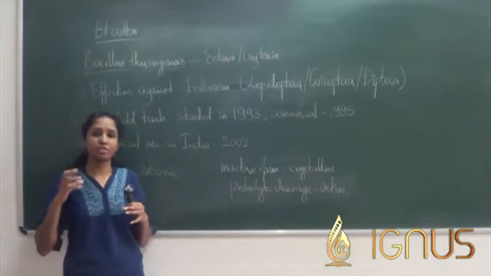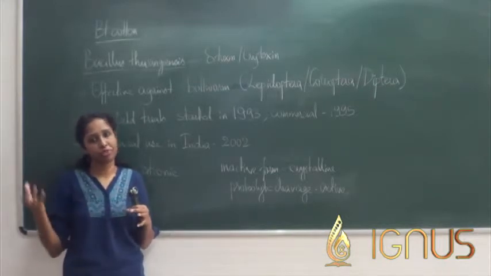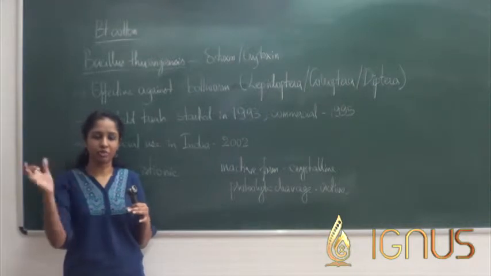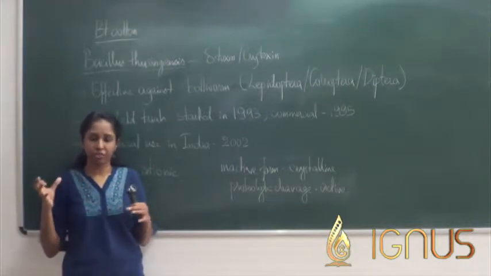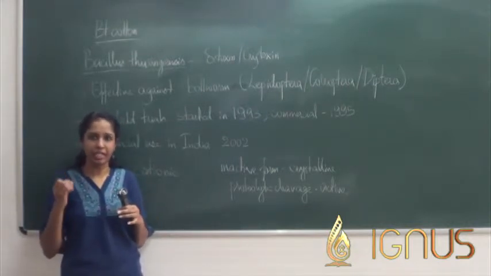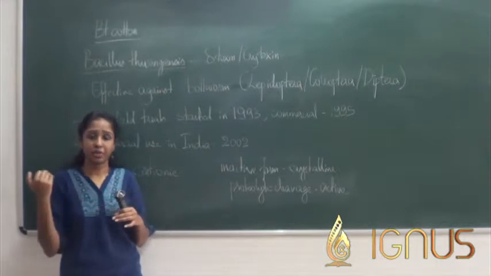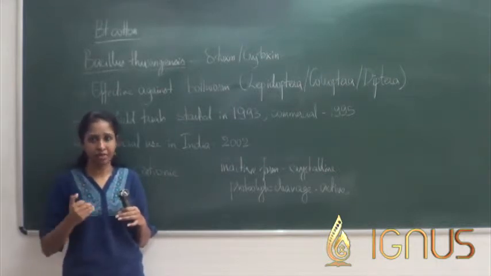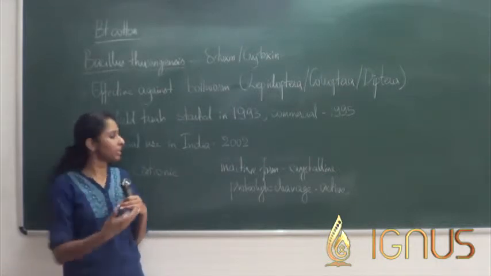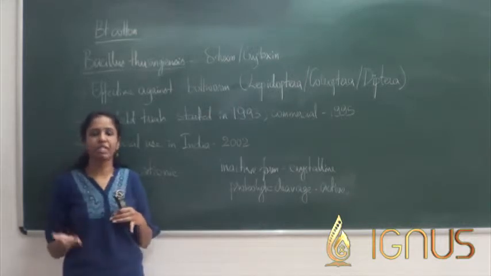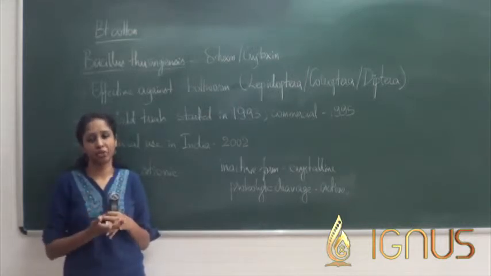So the toxin is going to be produced in the foliage portion of the cotton plant. So all of the leaves, the green part of the plant, is going to be producing the toxin. So whenever the larvae eats it, the crystalline form of the toxin is going to enter into the larva, and once it enters the larva, it is going to undergo proteolytic cleavage, become active, then it is going to attach